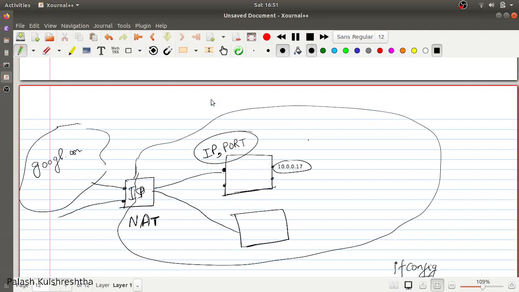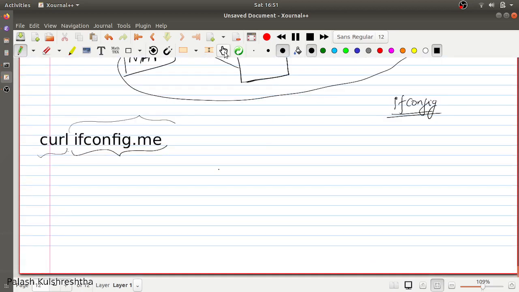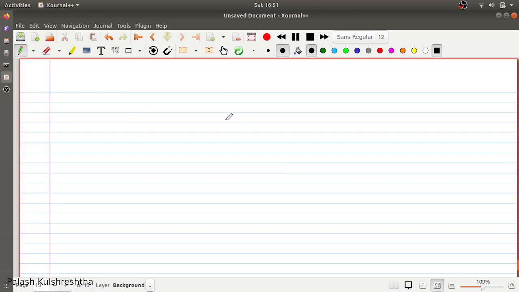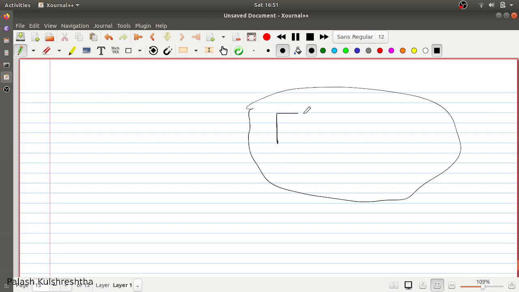We are going to see in short why we need NAT, or network address translation service. So consider a very small scenario. You have your servers running on AWS. You create a server, you host an application on that server, and you expose it on port 80, and you have your laptop here, and you want to access that application using your browser.